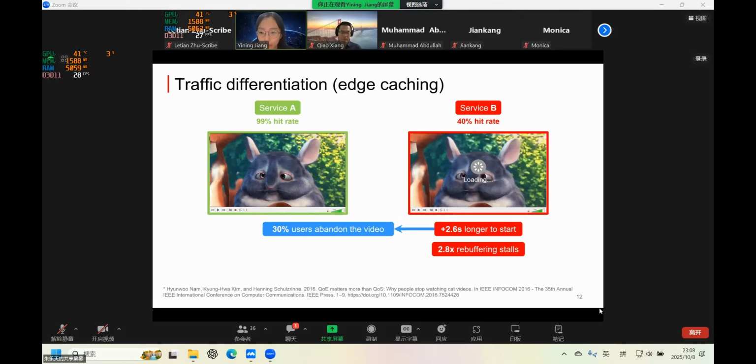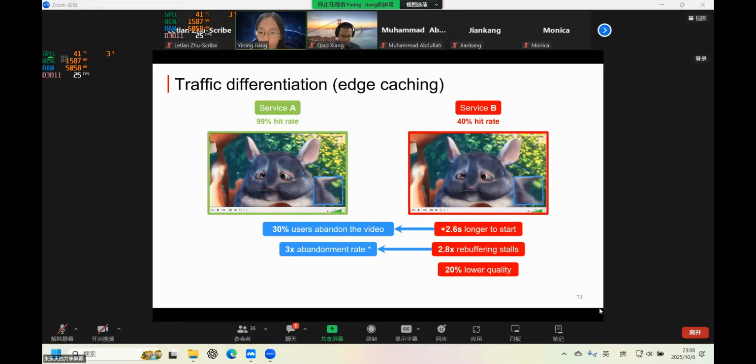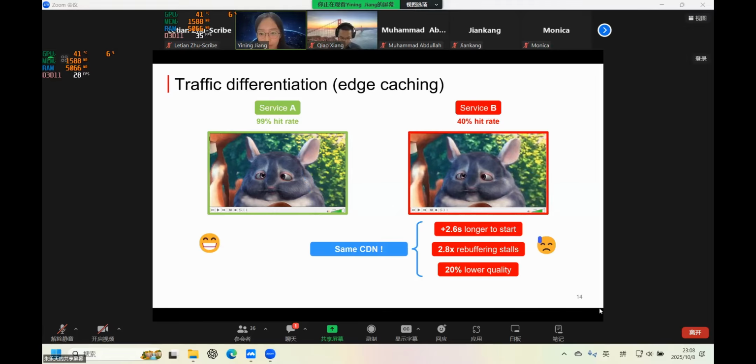Moreover, when a client has a low bandwidth connection, we found that on average videos from service B froze 2.8 times in 1 minute of playback as compared to just 1 time for service A. And based on a study from Columbia on YouTube videos, multiple rebuffering events can increase abandonment by 3 times. And finally, we also observed that videos from service B had, on average, 20% lower playback quality than those from service A. In summary, we have two streaming services, both customers of the same CDN, and yet they achieve very